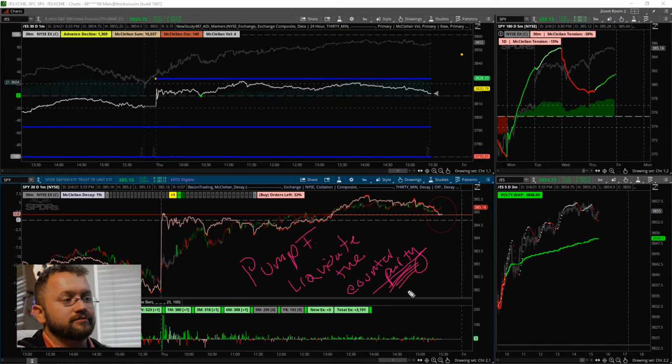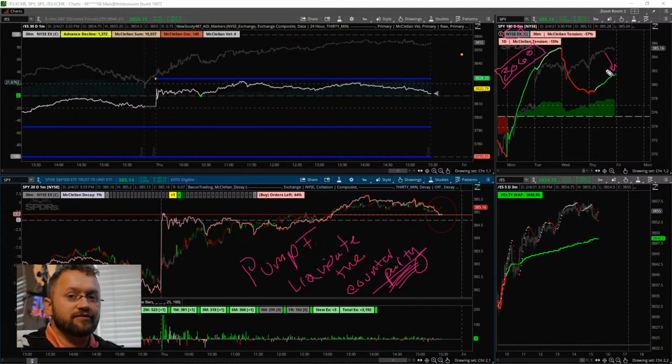That's how you do it. When you liquidate the counterparty, remember, this counterparty isn't just somebody with their stops on the chart. No, it's market wide. This is the New York Stock Exchange. This is 3,060 stocks or so. And this is the possibility space. Tension models that. We're shifting the possibility space of thousands of stocks. This is a huge person. It's not a little somebody.